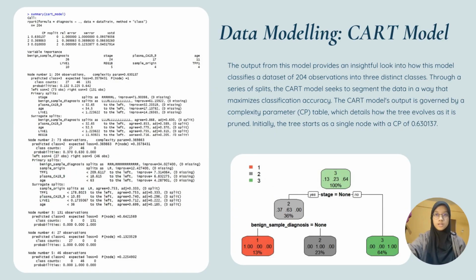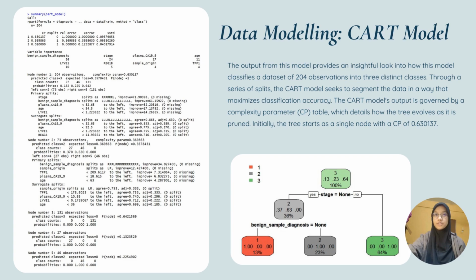Finally, there is the CART model. The CART model classifies the dataset into three classes by using a series of splits to maximize accuracy. Initially, with a complexity parameter or CP of 0.63, the root node shows a high error rate of 1. As the CP decreases, the model's complexity and accuracy begin to improve. After the CP is reduced to 0.01, the error rate also drops to 0, with a cross-validated error of 0.151,